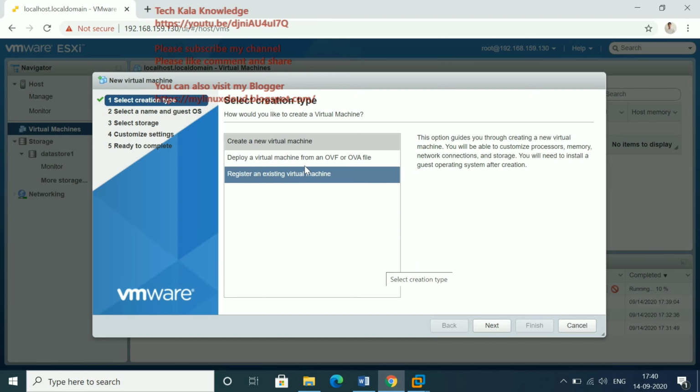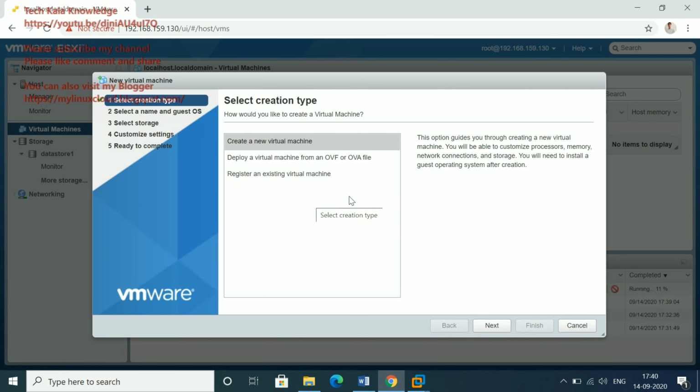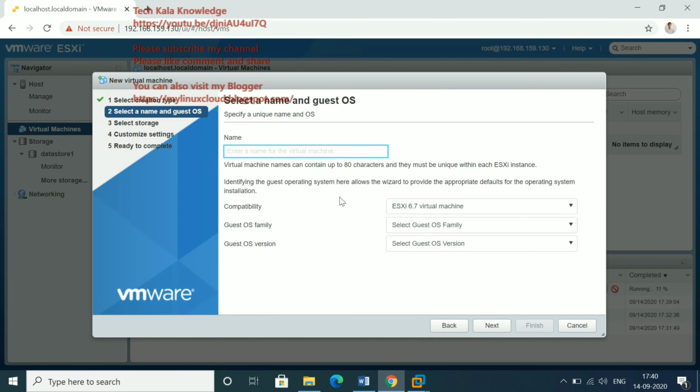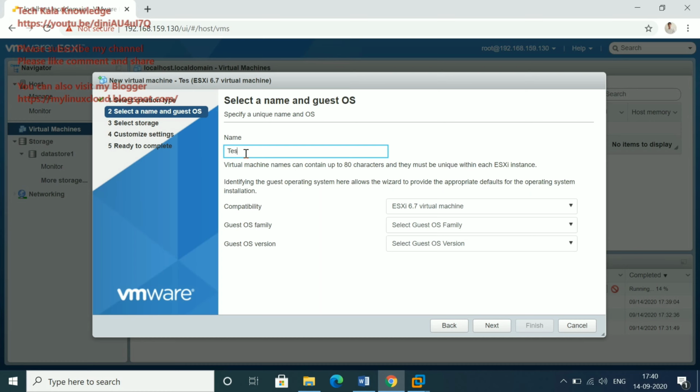It asks you to select the creation type, which one you want to build. I'm going to create a new virtual machine. Click on Next. Step by step I will show you, like a real-time environment. Here you have to give the name of your virtual machine, so I'm going to give the name test.